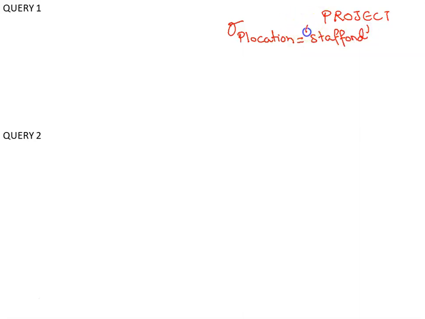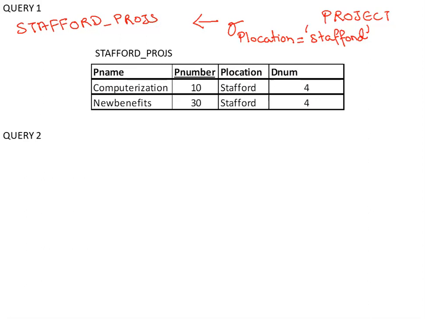So I am picking up those tuples where the P location is equal to Stafford and storing it into a temporary relation called Stafford projects. So the contents of this Stafford projects relation would be the project numbers. Now I know that project number 10 and project number 30 are located in Stafford, controlled by department number 4.